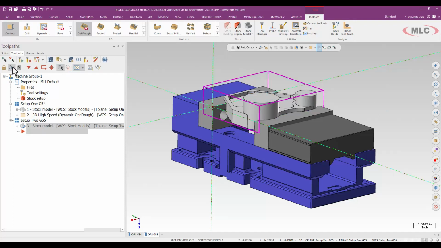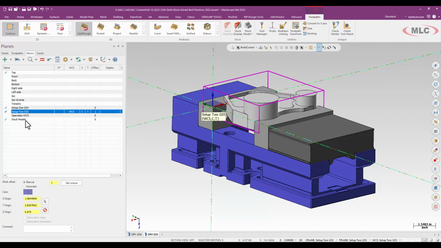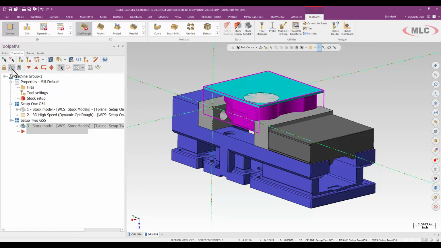So again, just to reiterate my best practices for stock models, use a dedicated plane for those models, just usually a copy of whatever your first initial plane is going to be, whatever that may be. Use very bright colors for those stock models. So again, when they're on your screen, you know exactly what you're looking at. There's no question that that's my stock model. It's purple and blue. And then finally, of course, take a look at that